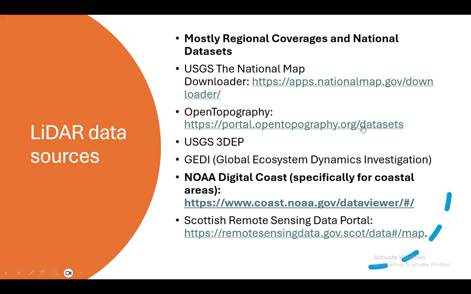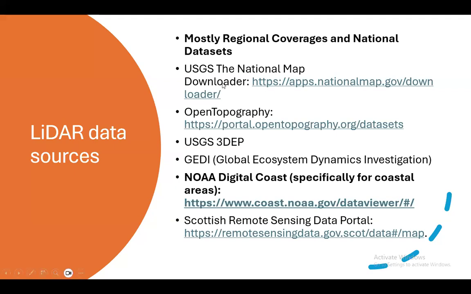If you are planning to go with a project for your region in India, then you have to either run your own drone or LiDAR sensor system, because in India LiDAR data are not freely available, except a few websites like Open Topography, which might have a few data available for India, but you cannot obtain whatever you want for your region.